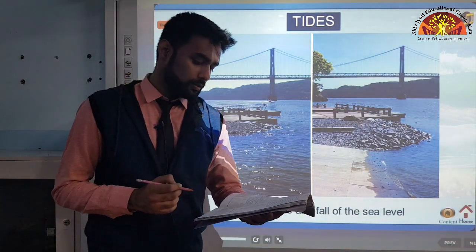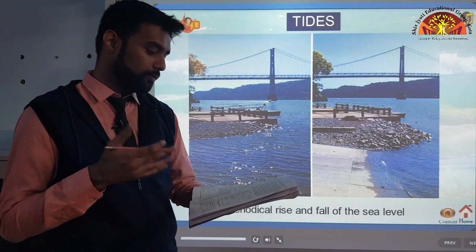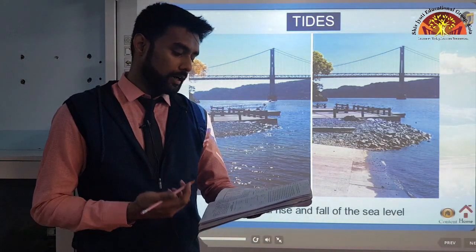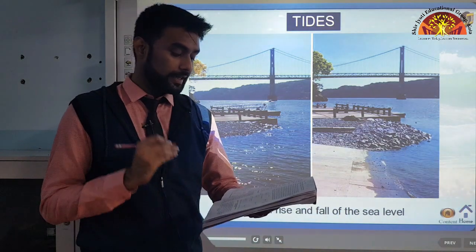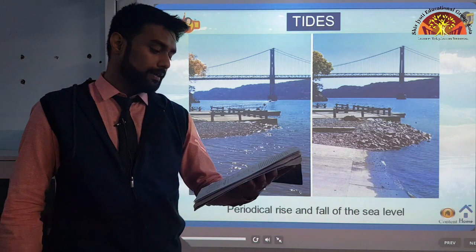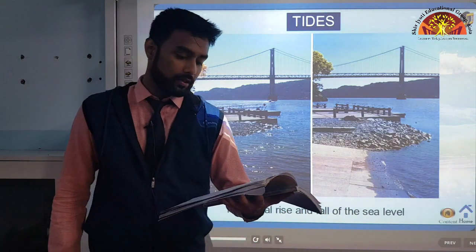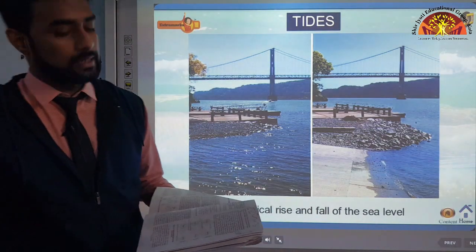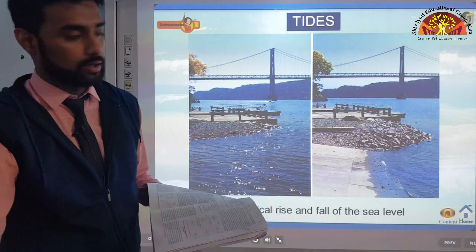Movements of water caused by meteorological effects, that is wind and atmospheric pressure effects, are called surges. Surges are not regular like tides. The study of tides is very complex. It is a complex subject, spatially and temporally, as it has great variation in frequency, magnitude and height. Now, let us discuss why tides are caused.